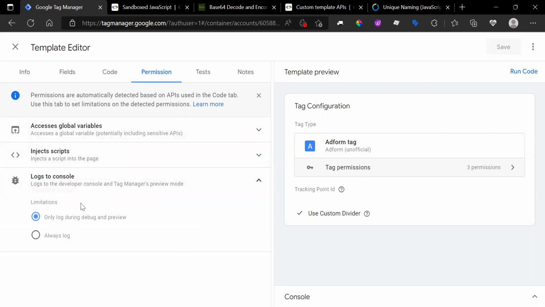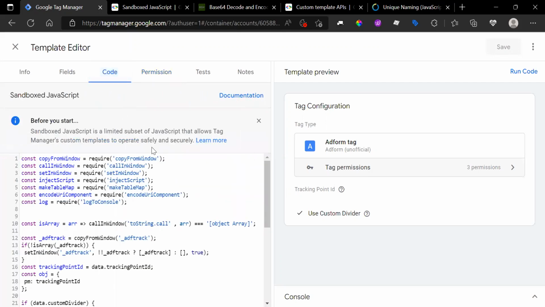And then logging to the console, I have selected that it only logs during debug and review, and not always, when the user is implementing the same. So now we talk about a detailed section where we have code. Now to get started with the code, we'll first have to inject the script that we created and call in